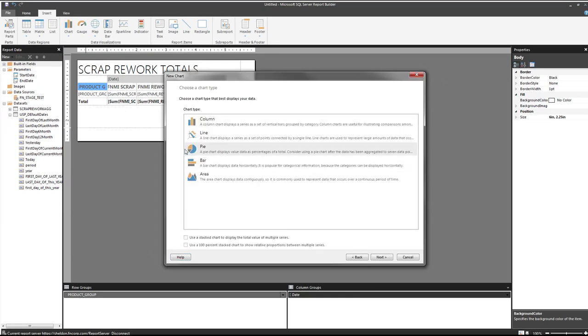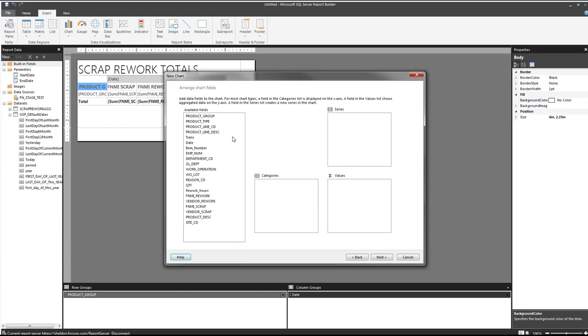I could say, as a percentage of a total, what is the total value for scrap and rework if I had percentages in as a value. If I don't have the percentages in, I should not be using that pie chart. It's going to display very disproportionate data. Columns do a very good job of displaying this side by side. If I've got two separate values that I'm trying to compare, rework and scrap, and I put in the product group,